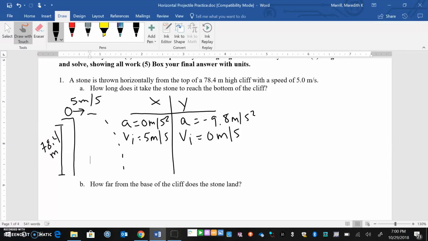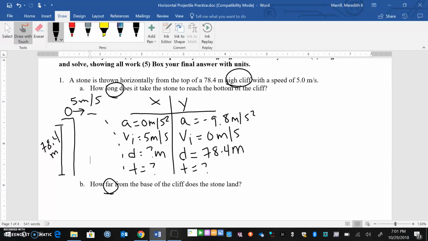We also know from the problem that we have a height. It refers to how high the cliff is, so that's our y distance. We don't know how far, that's part B: how far from the base of the cliff does the stone land. So in the x direction, that's an unknown. And lastly, the thing that we're missing is time. We're not sure what the time is in the air